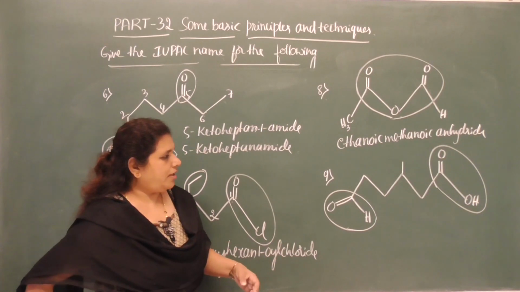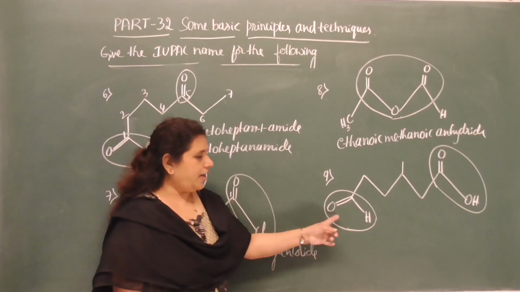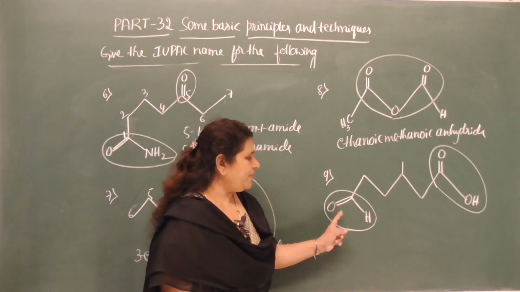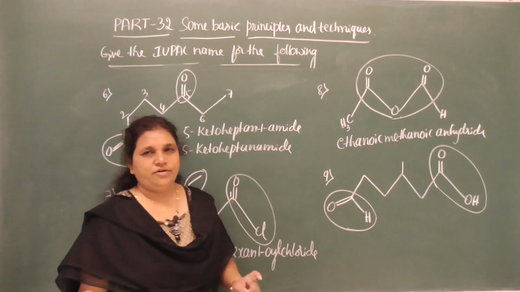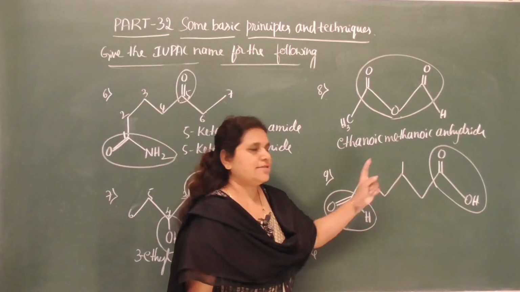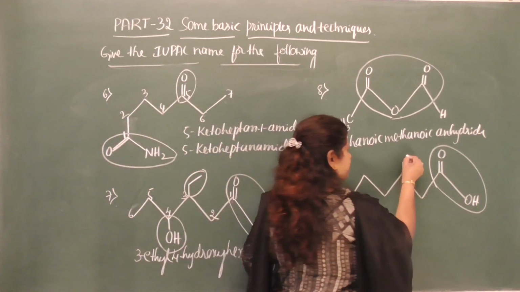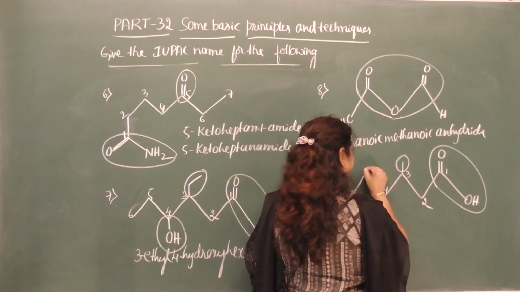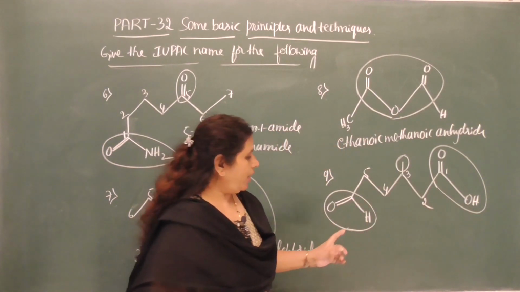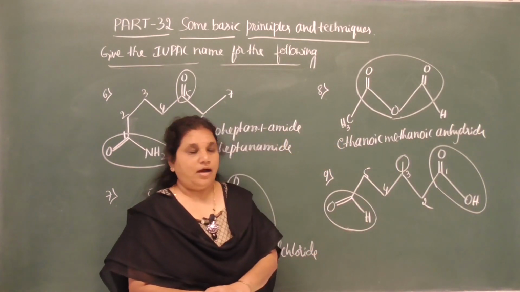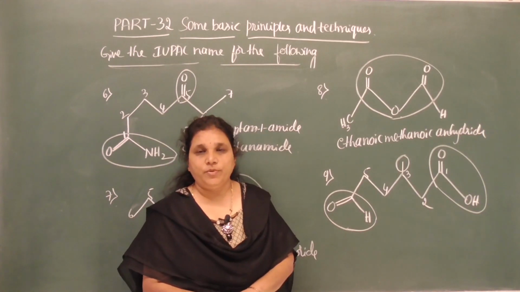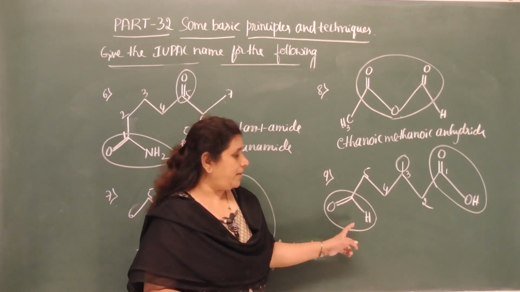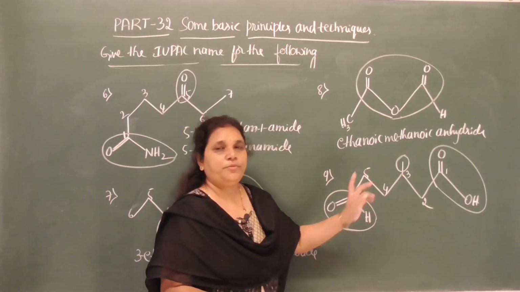Now move on to the 9th one. As I said, the aldehyde group is a secondary functional group. Here we have to take the prefix for this. The prefix for aldehyde is formyl, and here it is a methyl group. So this is one substituent, and give the numbers 1, 2, 3, 4, 5. And when a secondary functional group contains a carbon, then we cannot consider the carbon atom of that secondary functional group to the root word.